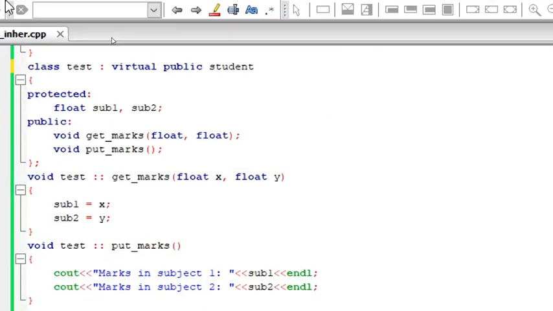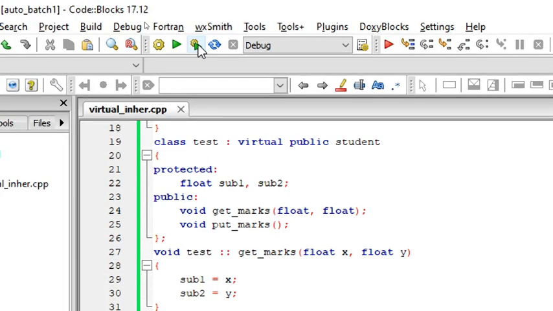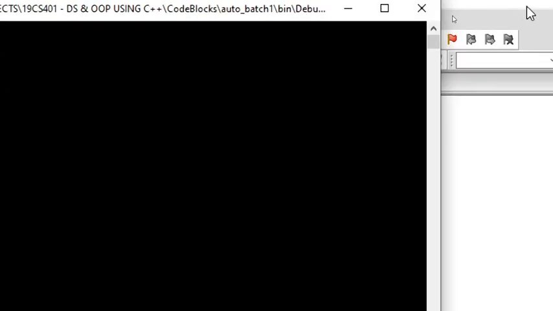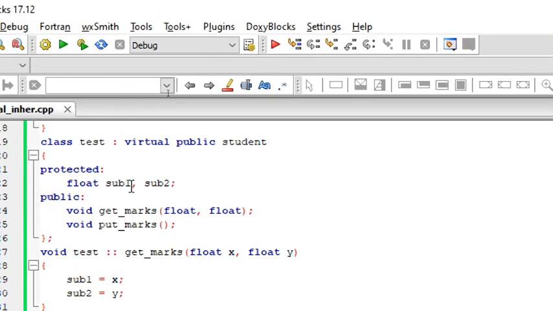Either use public virtual or virtual public. Now if you run the program, that ambiguity is going to be avoided and you get the output. That's what you should know about inheritance.